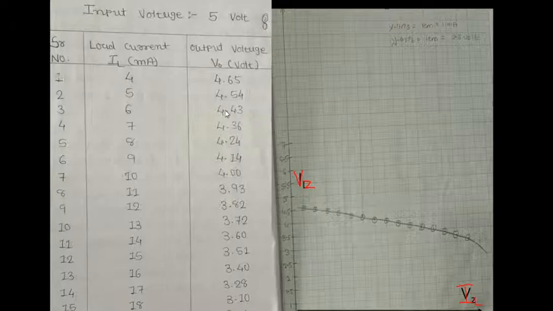That means in this region of current consumption, the Zener diode is regulating the voltage. That means in this current range, from 4.65 volts at 4 milliampere to 4 volts at around 10 milliampere,